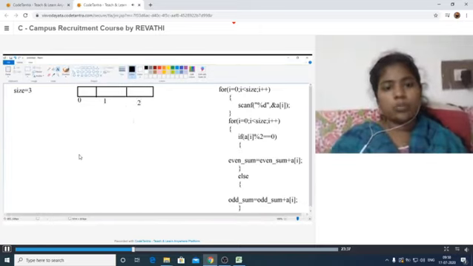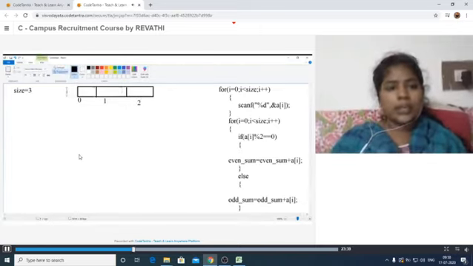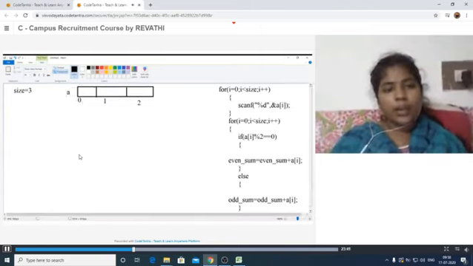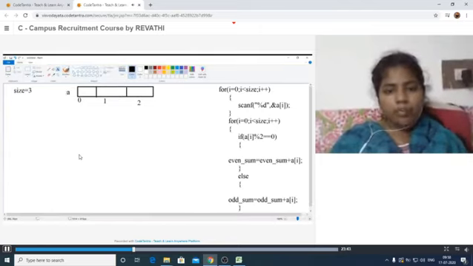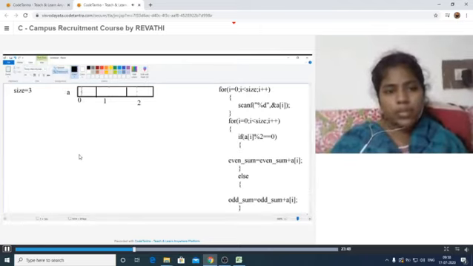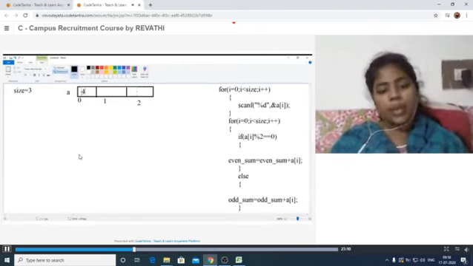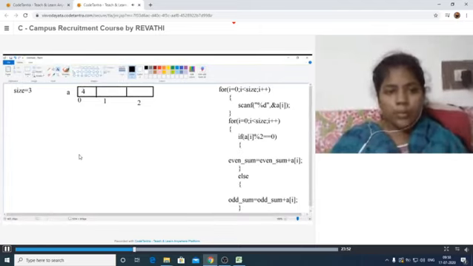These are the array indexes. Here I am taking the array name as A. That means whenever we provide the array values, the first element is stored in the location A of 0. Here for example, I am providing the element 4. That means the element 4 is stored at index A of 0.